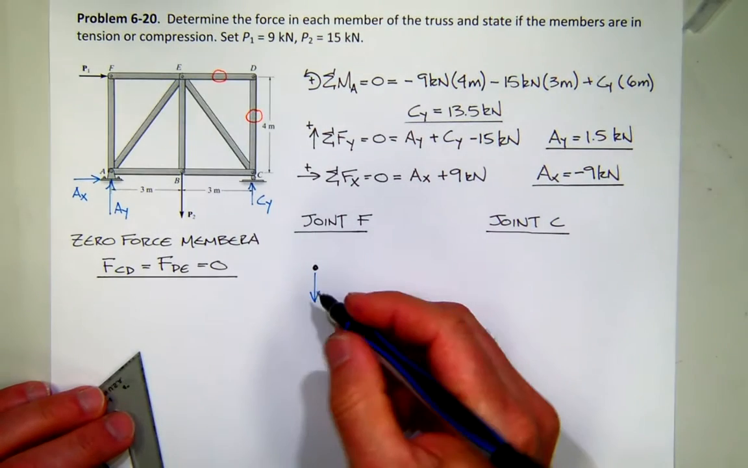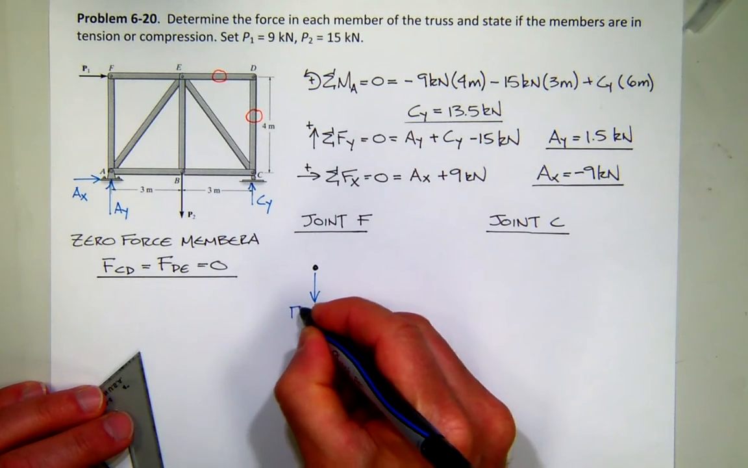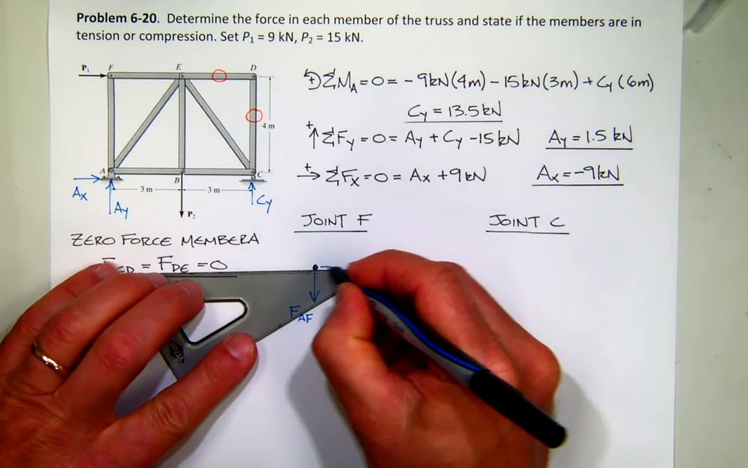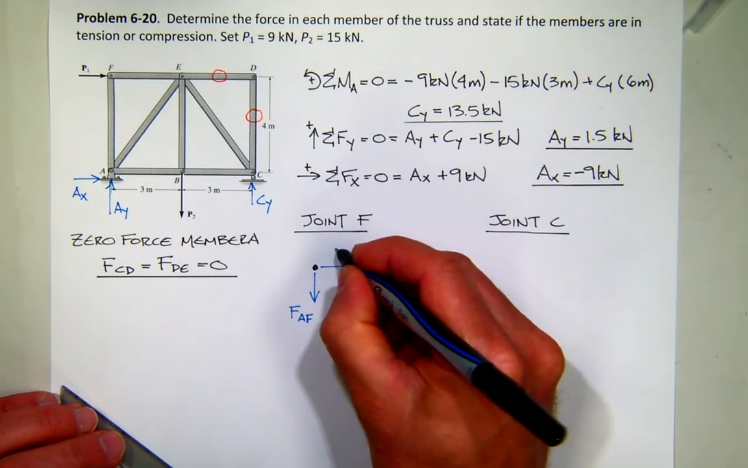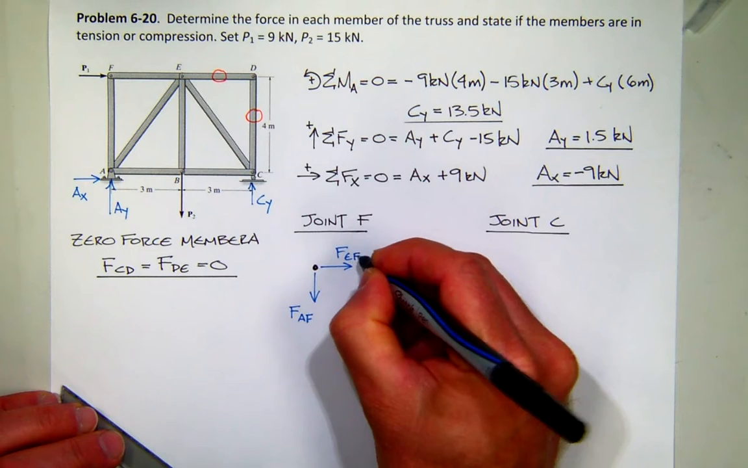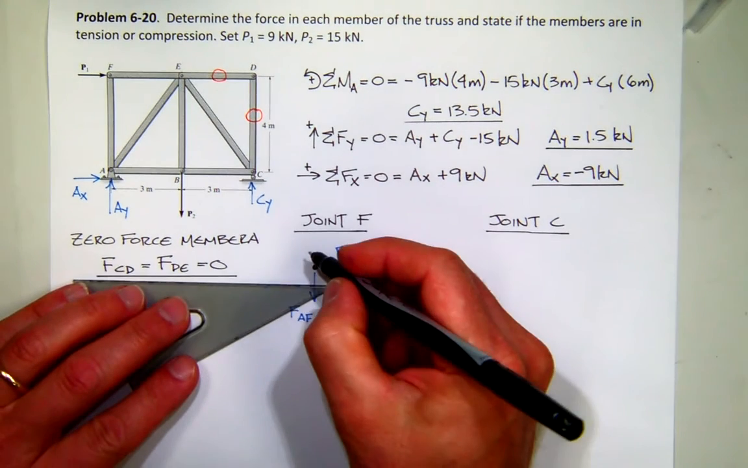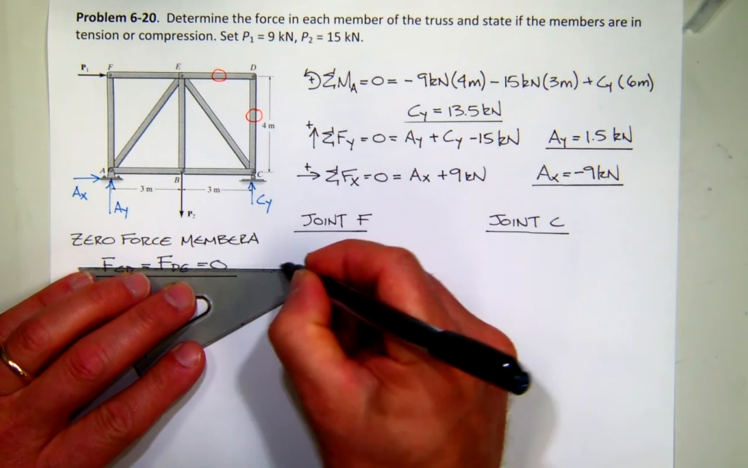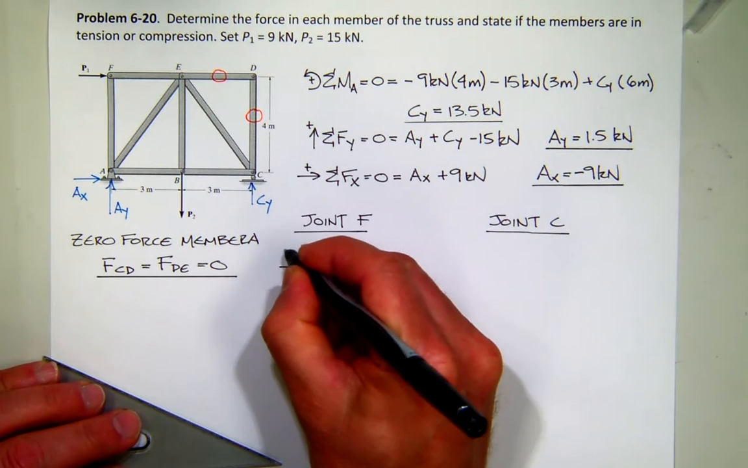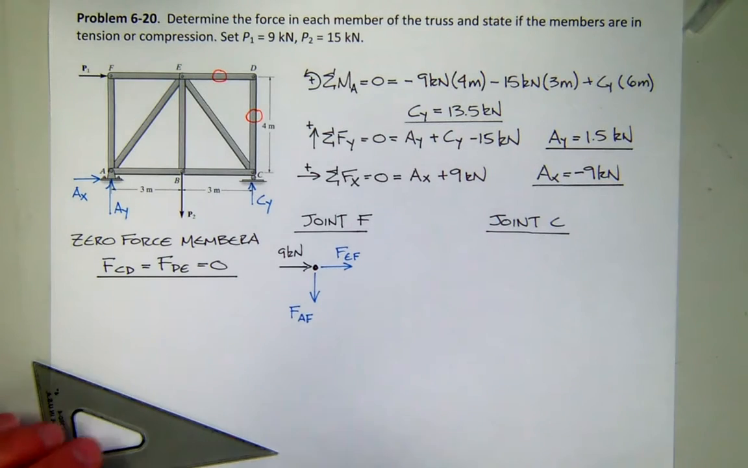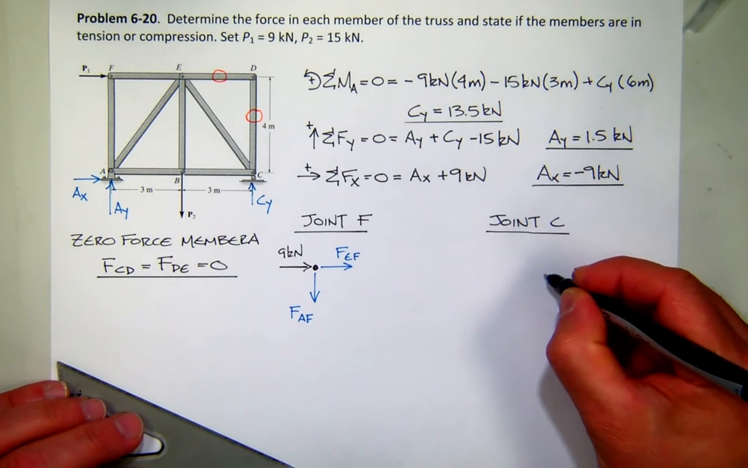I would assume I have a force in tension of AF and a force in tension here of EF, and then let's not forget our P1 force, which is equal to 9 kilonewtons. I can solve that system. I can also come over here to C